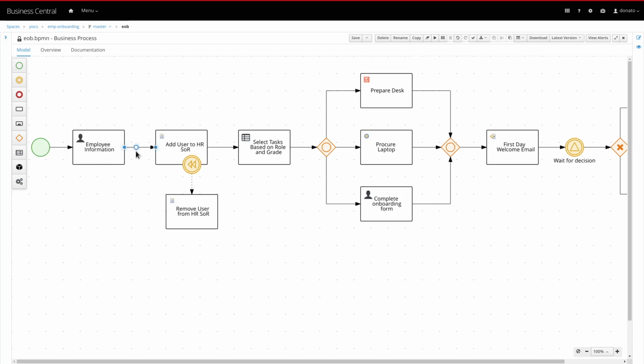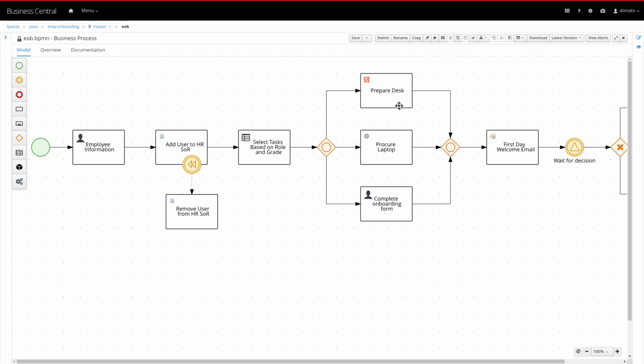After that, the process adds that information to the HR system of record, and based on the features of the employee, it decides what actions are required to correctly onboard the new employee. So, for example, for some people,